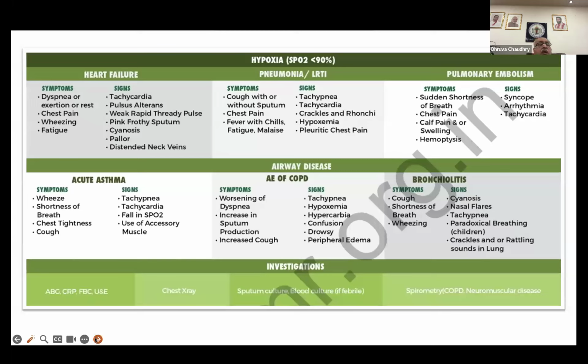When I say pulsus alternans, it means alternate pulses will be strong and weak, and there could be a fast pulse rate. Whenever there is flooding of the lungs, you can have frothy sputum because of the presence of RBCs. It becomes pink frothy sputum. These patients will be cyanosed, and the peripheries will be colder, whereas in patients of COPD exacerbation, the peripheries will be relatively warmer. And if you have right heart dysfunction along with it, you may have distended neck veins. These are the classical features.